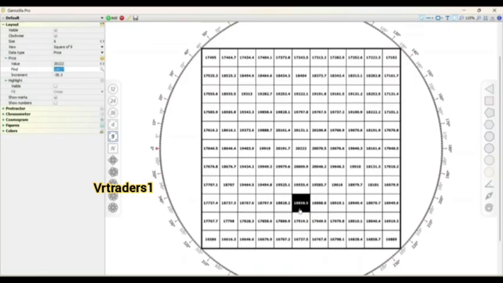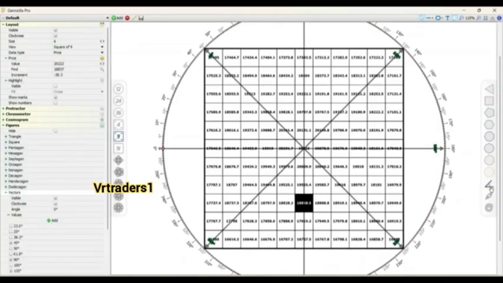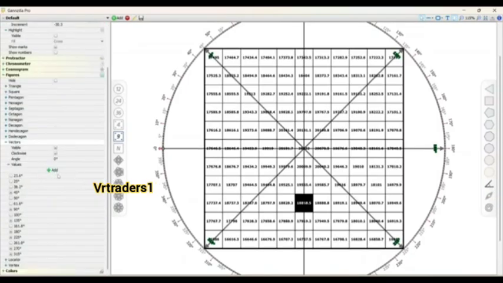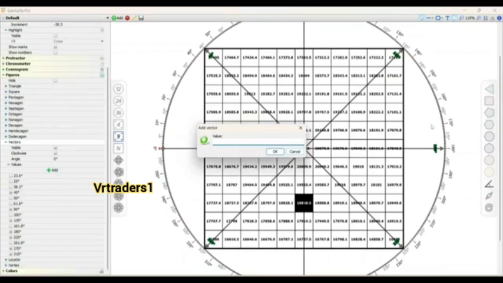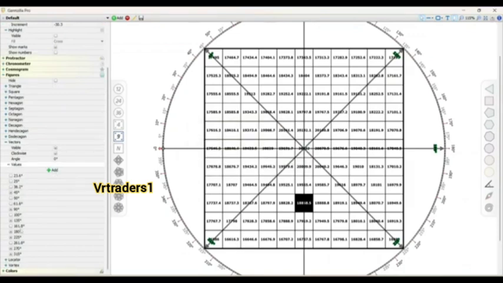Now the next step you have to do is to use the vectors. So here you can see the vectors option. So just select the vectors option. When you scroll down here you can see the add option. From add option, add 45 degree, 90 degree, 135, 180, 225, 270 degree, 315 degree. So you have to add these angles here. Here is our value 18858 and here is our vector. We will consider all the levels on this line which are 20009, 19554, 17917 and 16337. So these levels will act as major resistance and support levels.